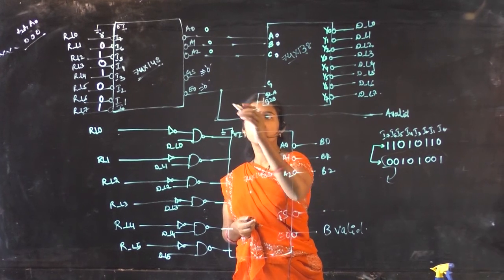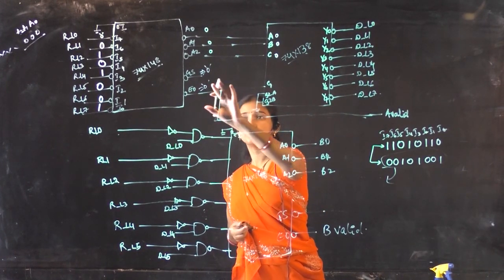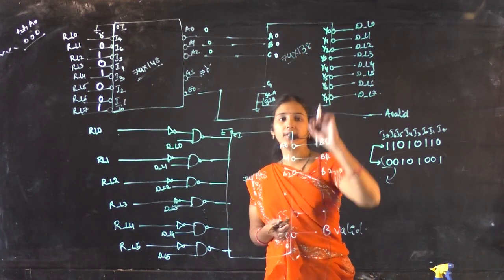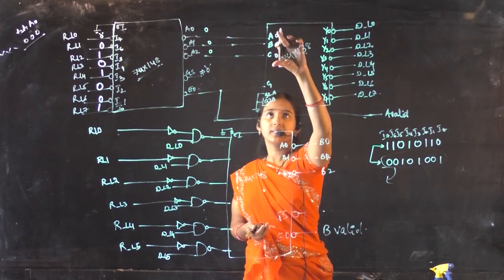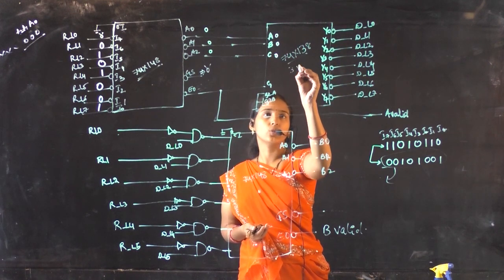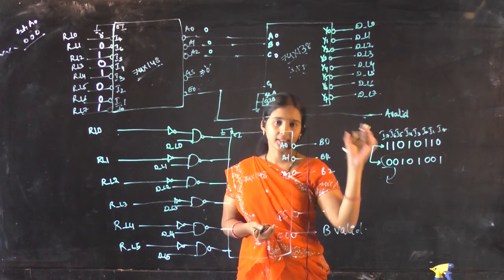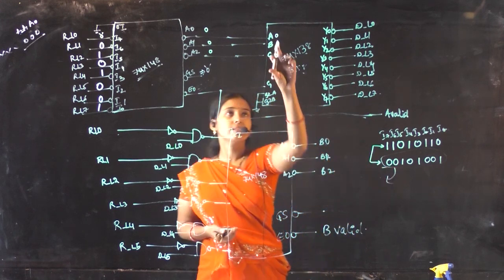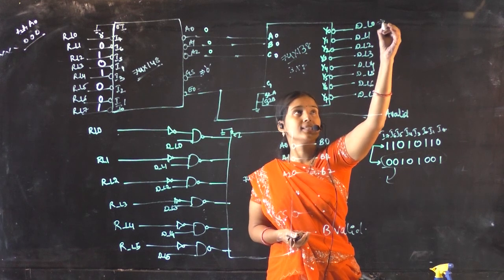Okay. At the same time, some valid data is available here. If you see here, as you are giving 0 to the 3 to 8 decoder, what will the 3 to 8 decoder tell us? It takes the input and makes only one output active. That means with this input only one output will be active low and all remaining pins will be active high. See, it is taking 0 0 0. It means that only Y0 is active low.